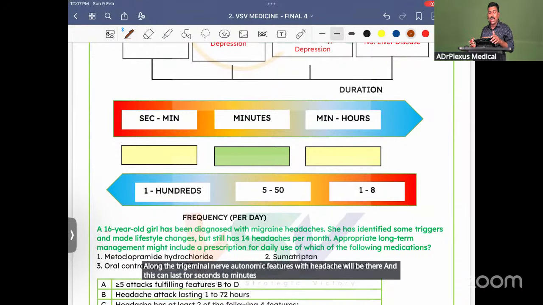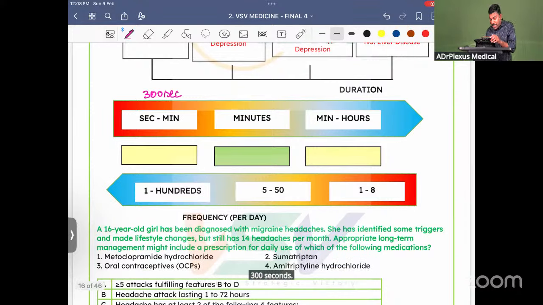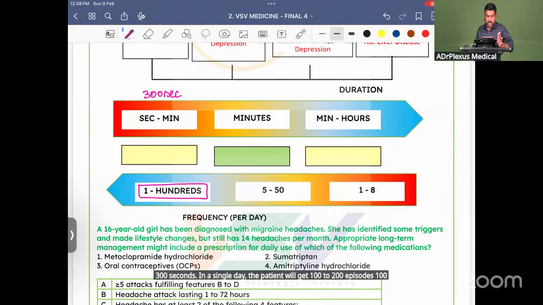If each headache lasts around 300 seconds, and in a single day the patient gets 100 to 200 episodes, then it is called